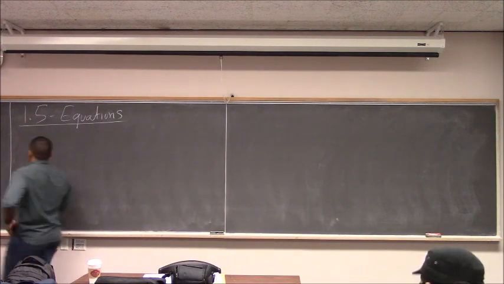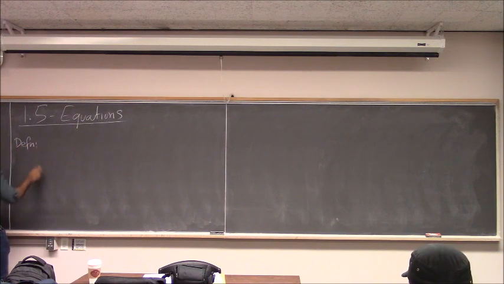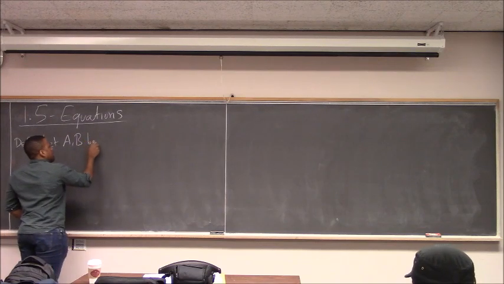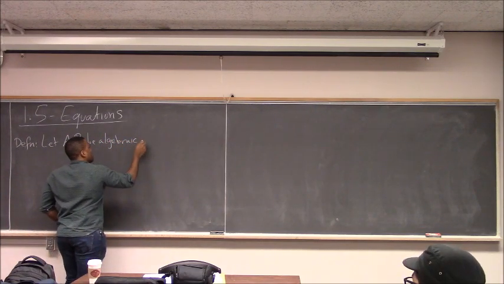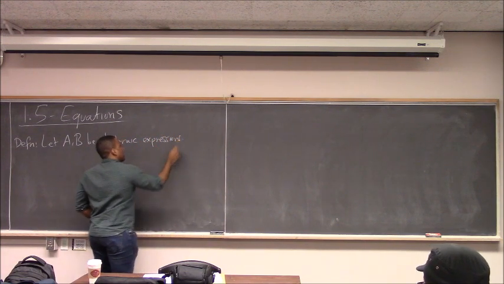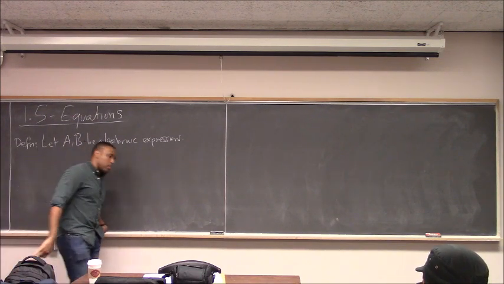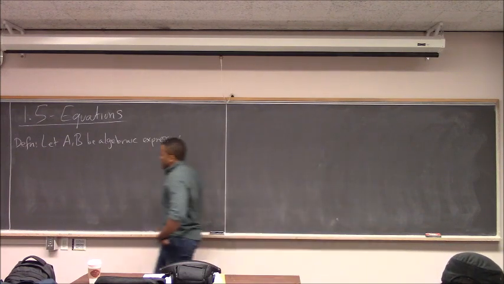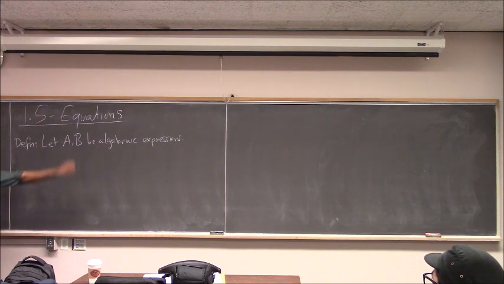Talk about equations. So, let A and B be algebraic expressions. We spoke about what those were already. Okay. So some variables raised to powers multiplied by coefficients in a sum or a product or a division or a radical, something like that. So if A and B are algebraic expressions,